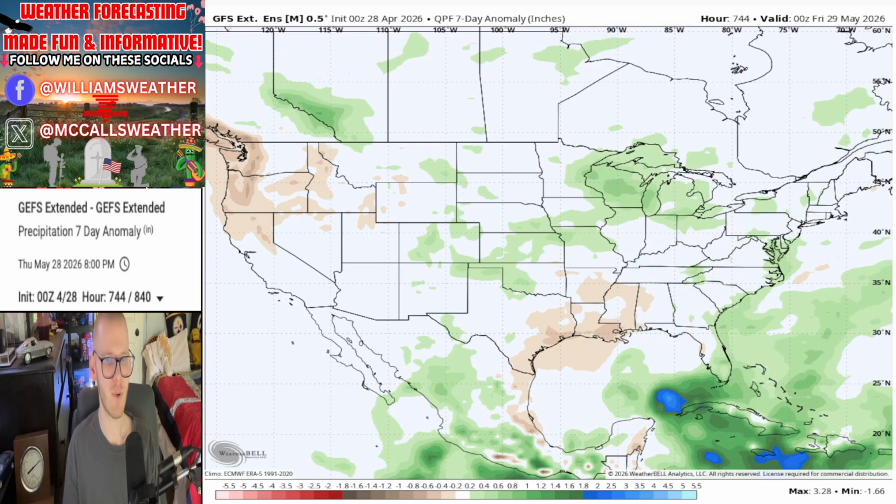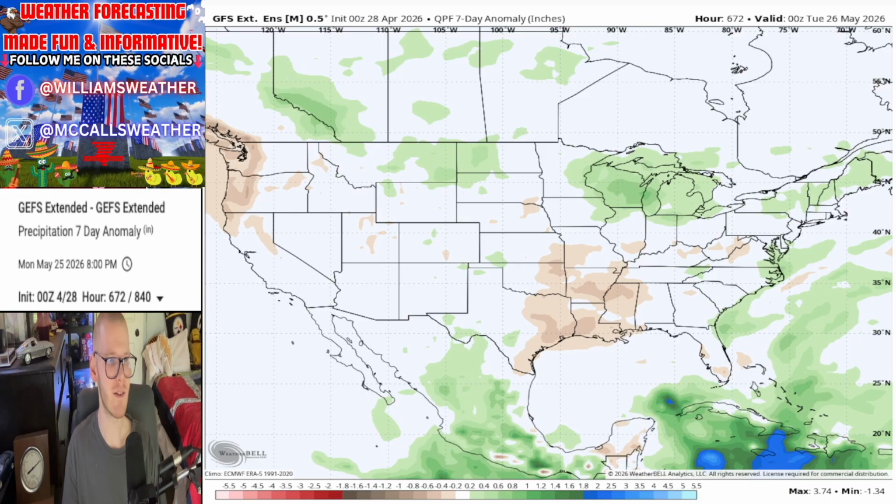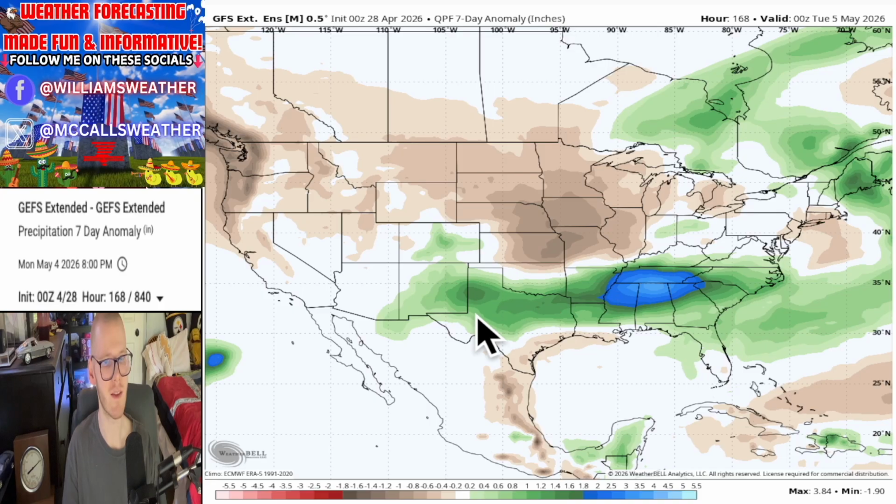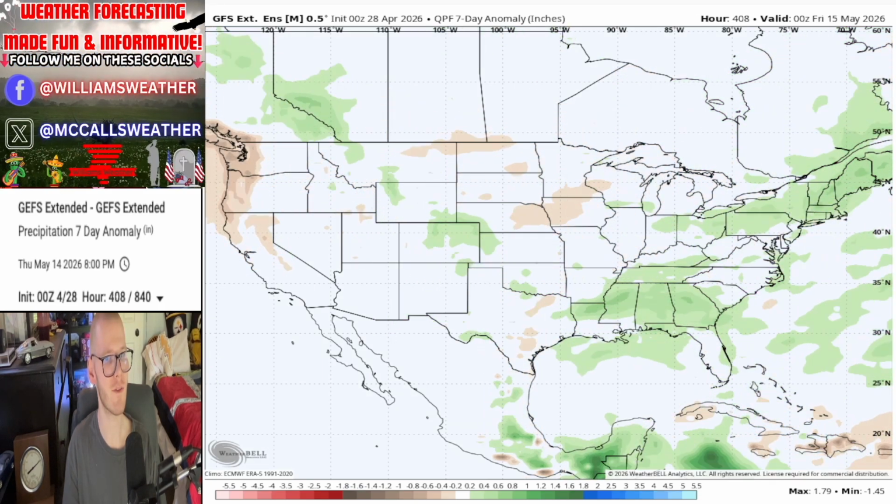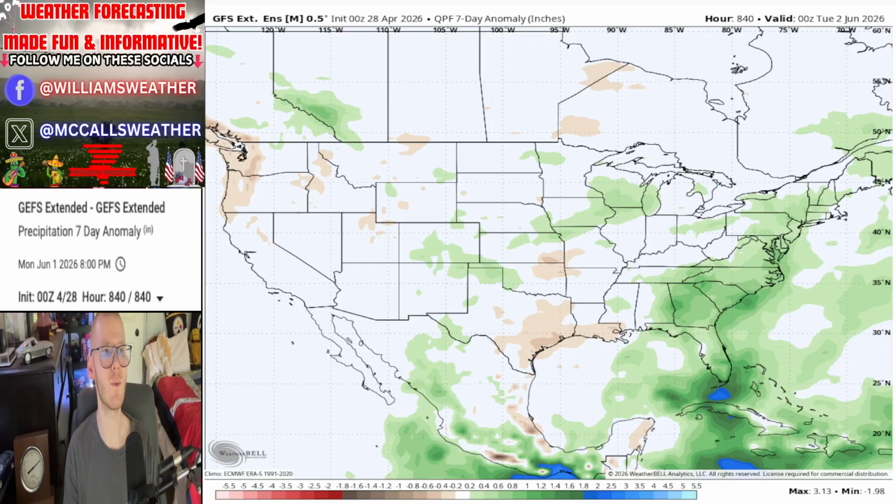So really pretty much a mixed bag for everybody here for the month of May. But I would pretty much bet the horse that the southern part of the country is going to be above average here in New Mexico and Arizona into the Southeast and Northeast, while the rest of the country is going to start off dry. Middle and end of the month, really to be determined if we stick with the GEFS anyway.